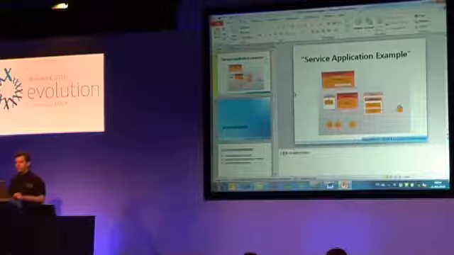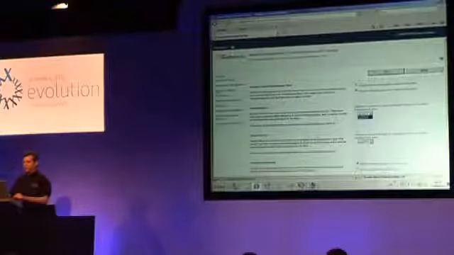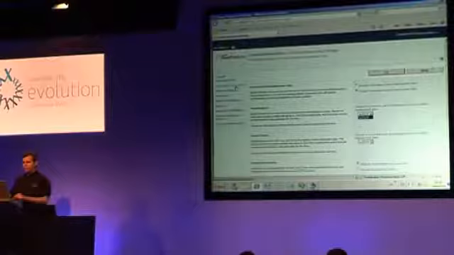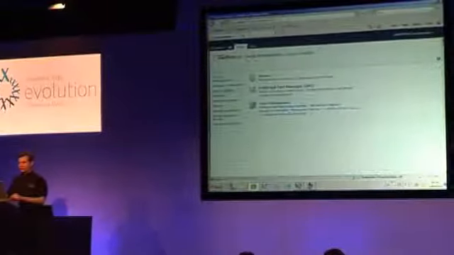If I switch to the demo machine again, we'll talk through some of these examples. So here are the services on server. And some service applications have a direct dependency on one of these, and some do not. Is there a matrix on the internet that details this? Right now, the answer to that is no. There will be one very soon, which is going to give you the gory details of this.